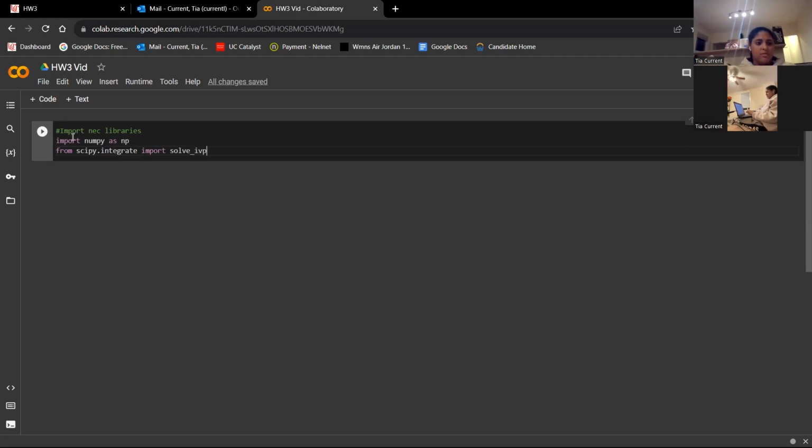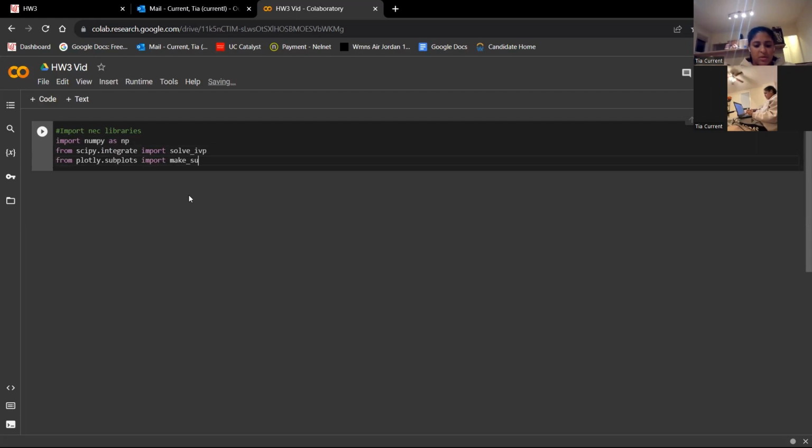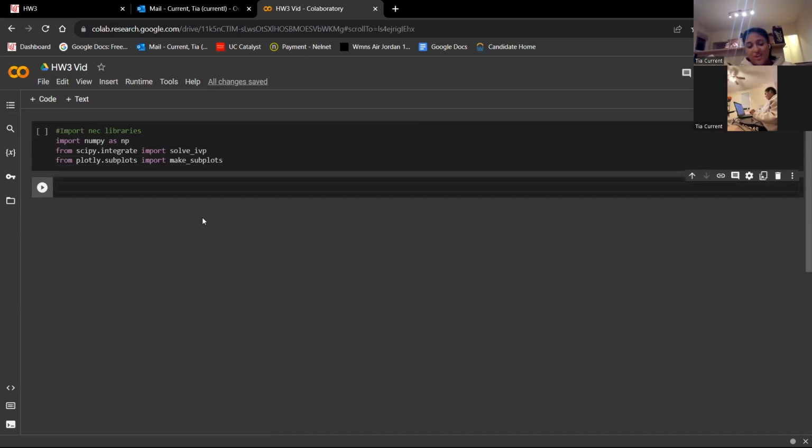We're going to from scipy.integrate import solve_ivp, and then from plotly.subplots import make_subplots. Okay, and then that should be all the necessary libraries. Okay, then we're going to